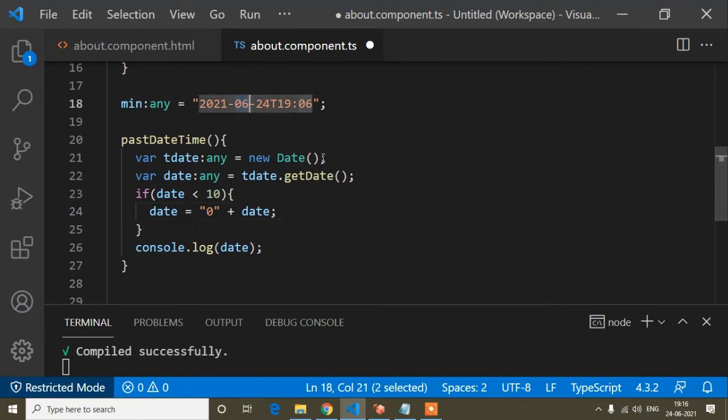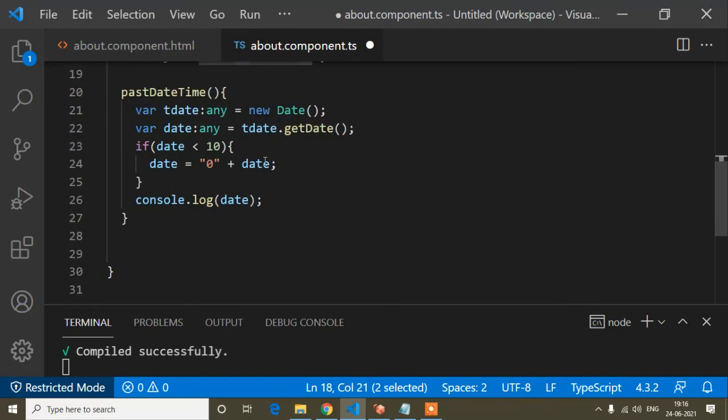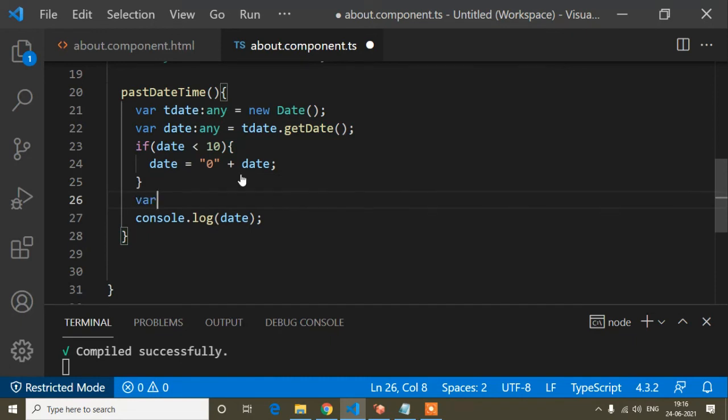So when it will be less than 10, it will be a 2 digit. Before that I have to get the month. So here is the variable month. Variable name you can write as per your choice, but for the same name, like here I will get month, so here I will not write date, as it would be unrelated. So here I have to write the related name like month.